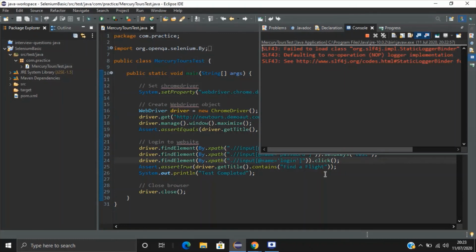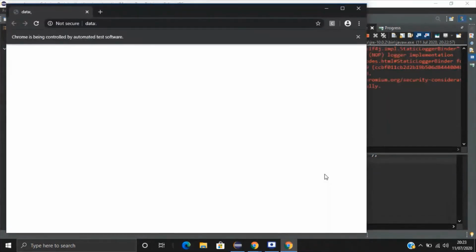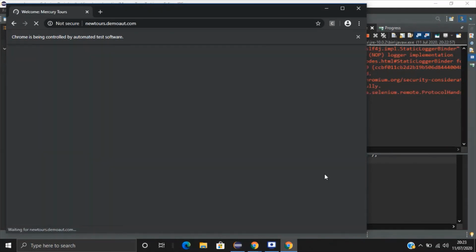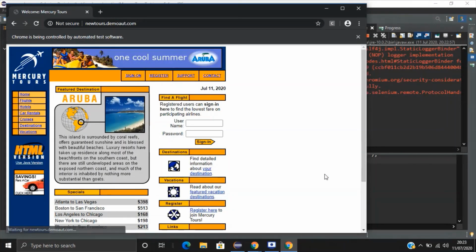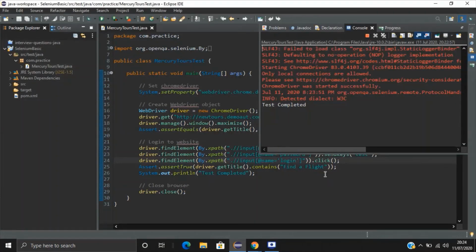This is a logging dependency. As you can see, it started the Chrome driver, and now the driver is launched. It navigated to that website, maximized the window, added values and signed in. For a second it went there and it verified.